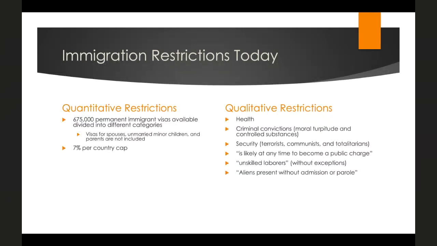Aliens present without admission or parole. And the idea here is that you are not eligible for a permanent immigrant visa to get a green card under the INA if you are present in the country without lawful admission or granted a parole status. So that's the idea here. And this is why in many discussions about undocumented immigration today, there's the idea of creating a pathway to citizenship. Because if you remember, you cannot become a citizen without first having LPR status, this legal permanent resident status. But the INA specifically says that if you are illegally present or unlawfully present in the country, you cannot gain lawful permanent resident status. And so there's no pathway to citizenship there.